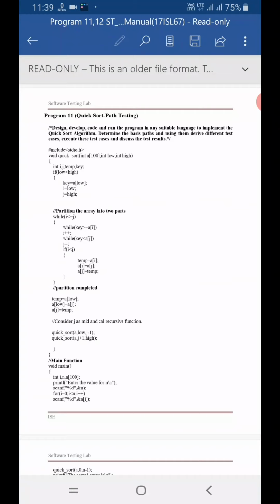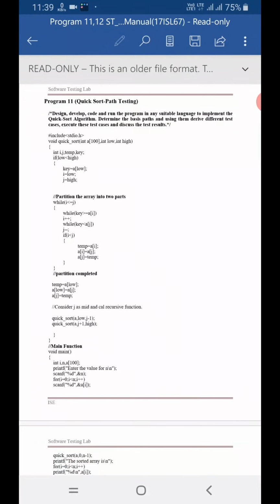When you hear the term basis path testing, always remember one equation, the cyclomatic complexity equation. What is this equation? It tells you the number of independent paths in a program.